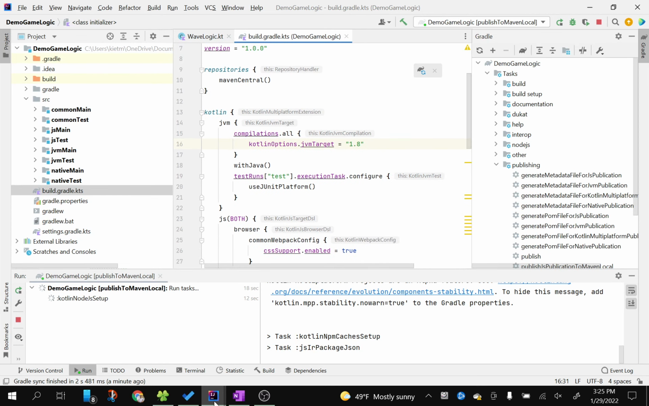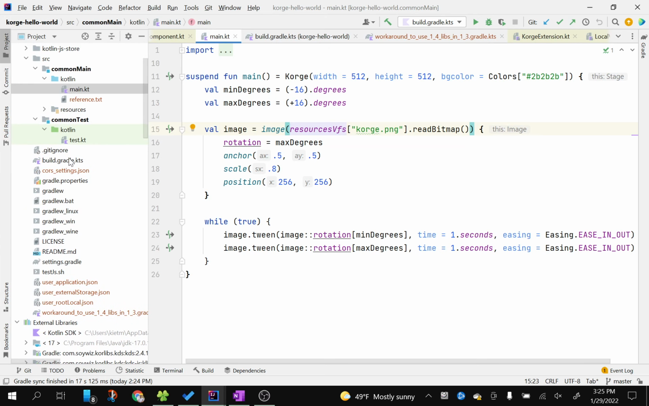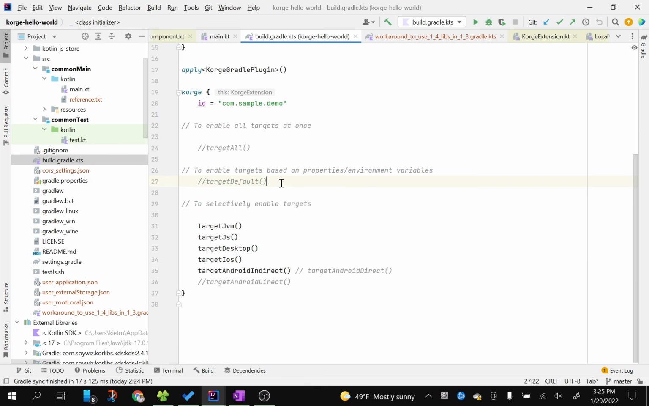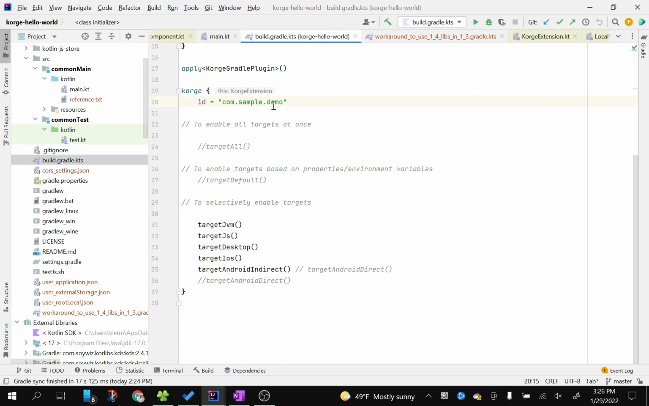Okay, so let me just go on the Korge Hello World first. In the Hello World project, you'll usually have a build.gradle.kts file. The way that Korge does the Gradle stuff is a bit confusing to me. I don't really fully understand it. But what we do in order to add a dependency is we go on this Korge thing, and then usually